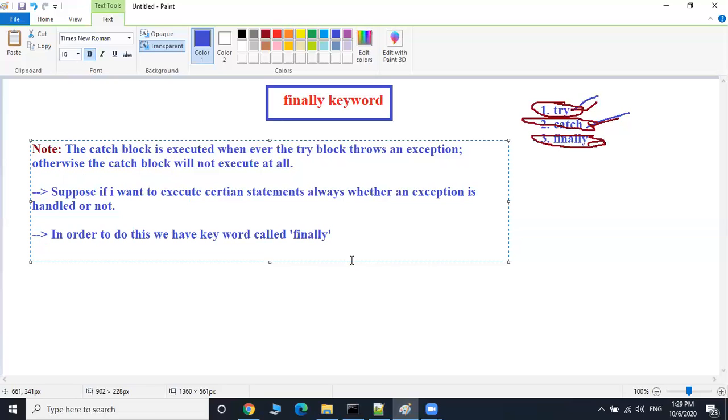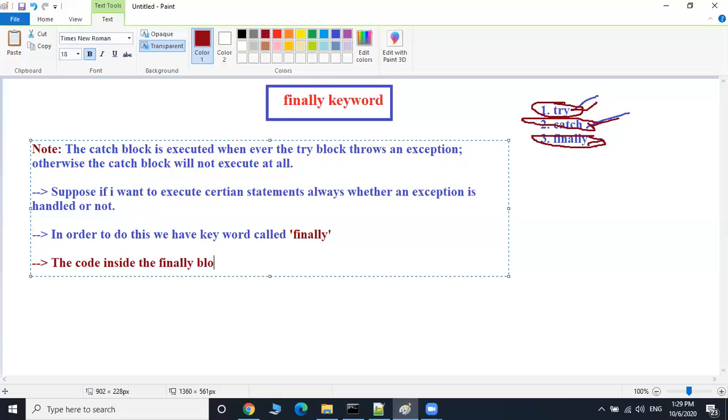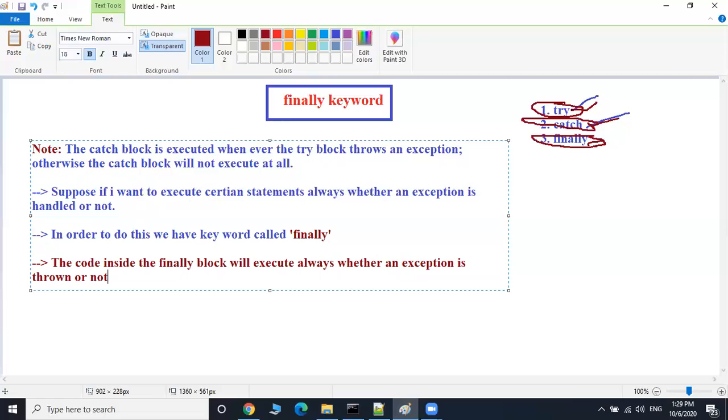The code inside the finally block will execute always, whether an exception is thrown or not.